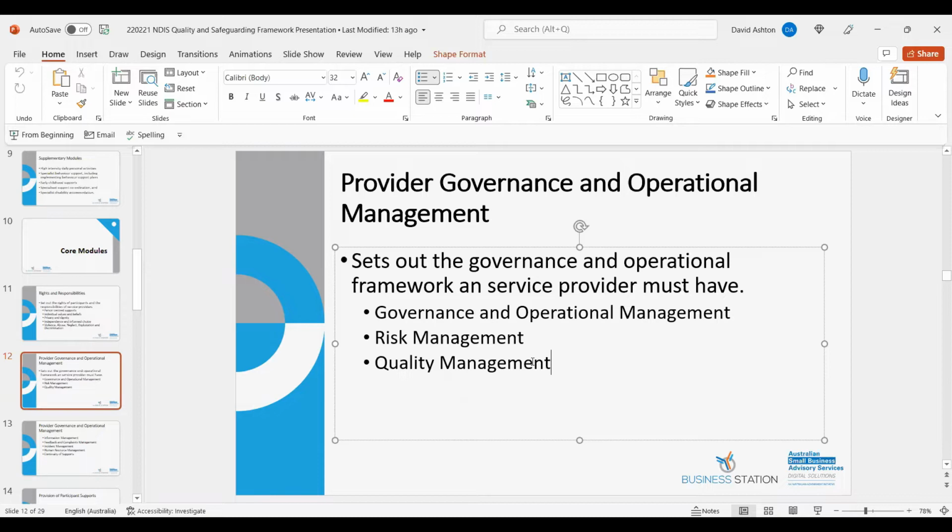treatment plans for them. And then you've got quality management. So ISO 9001, what are the processes you're going to go through from the time you engage a client and the types of services and how you deliver those services. So each participant benefits from a quality management system relevant and proportionate to the size and scale of the provider, which promotes continuous improvement and support delivery.